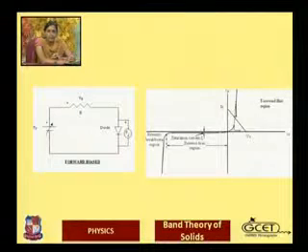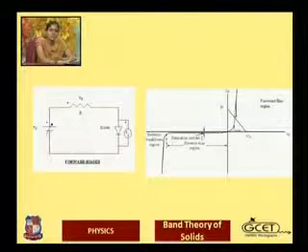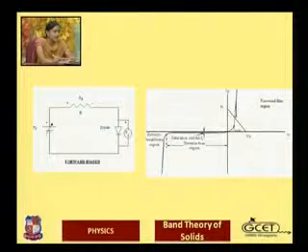At a particular temperature, this number of minority charge carriers is constant, and due to that, at a particular temperature, the amount of such leakage current is constant, that is again independent of the input voltage that we are giving, independent of the reverse bias voltage, and that's why this current is saturated, and that's why this current is known